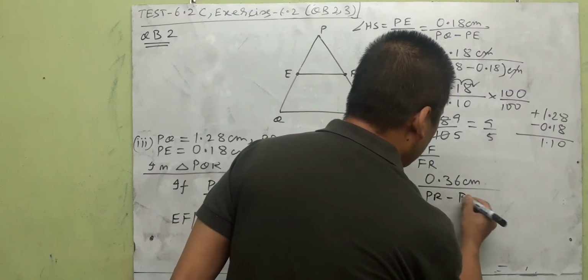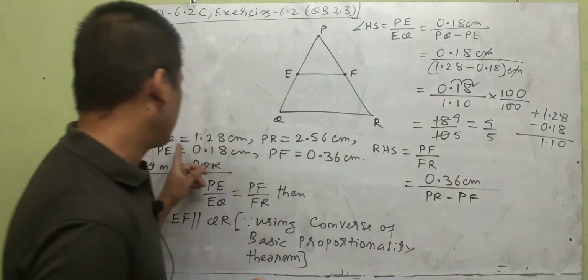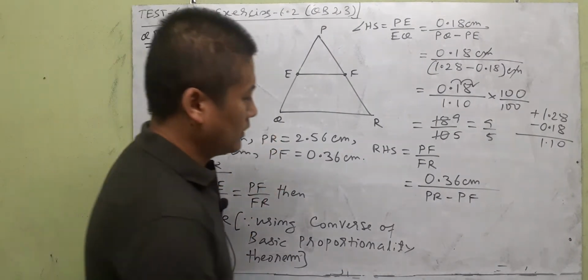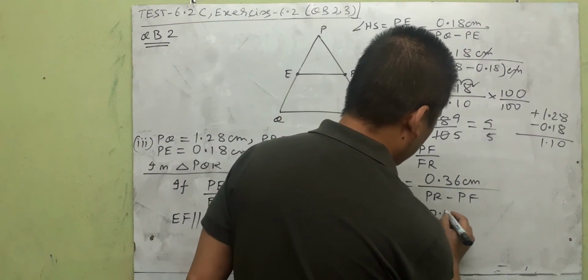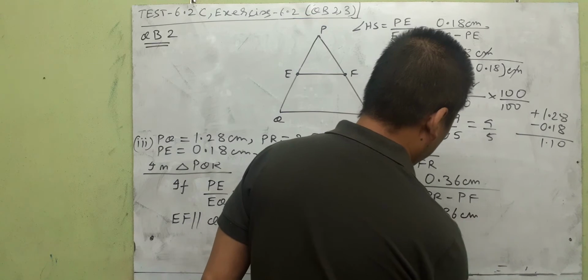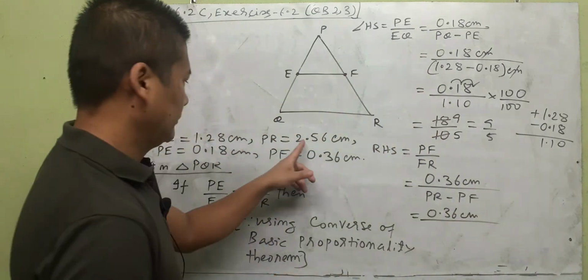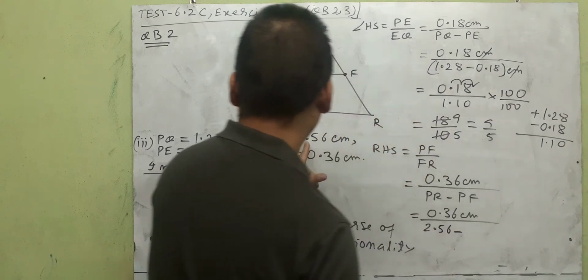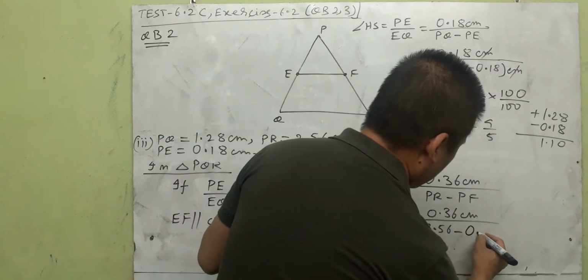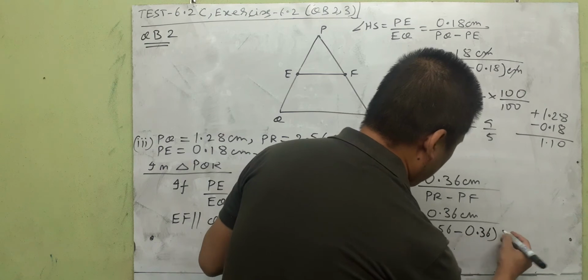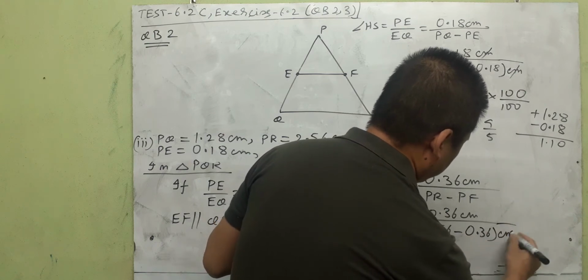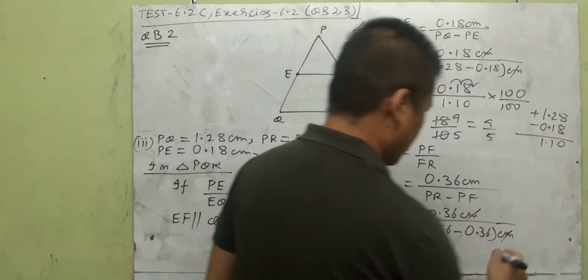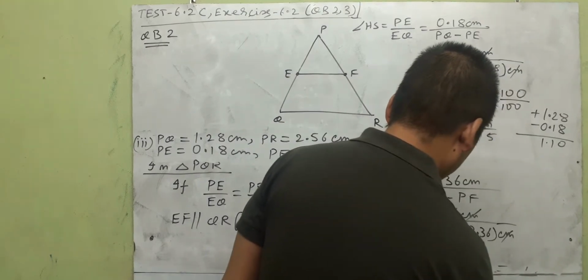PR minus PF, because only PR is given this time. So here that will be equal to 0.36 centimeter by PR 2.56 minus PF 0.36, and the common centimeter can come out. This to cancel means you're going to get here equal to